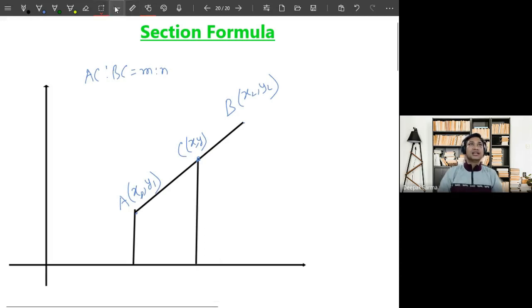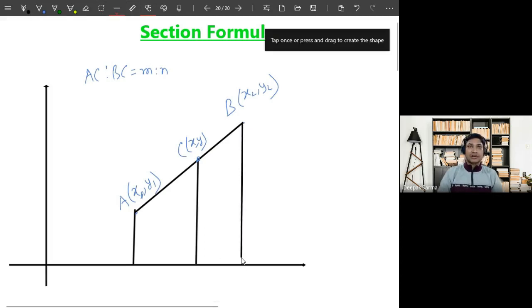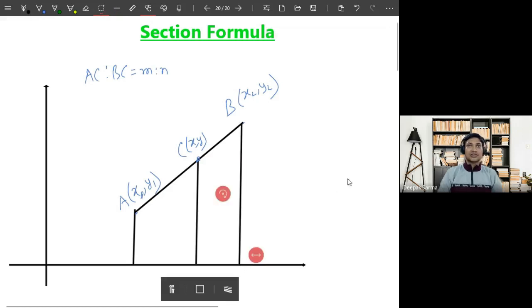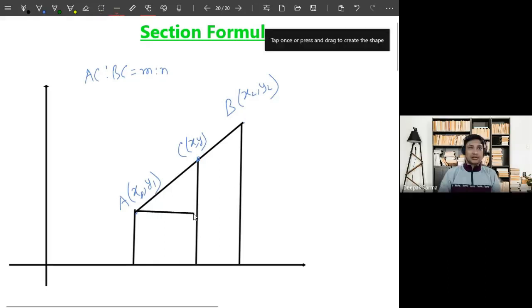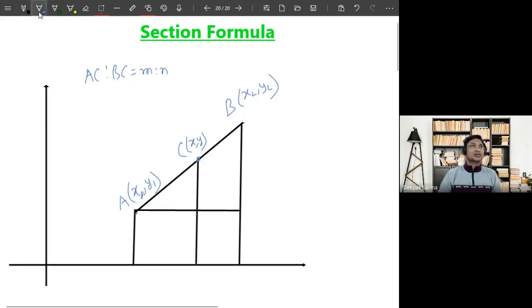Similarly, if I draw another line, all are perpendicular to the x-axis. So, in terms of these three lines, somehow you can know what is x1, what is y1, what is x, what is y, what is x2, y2. Is it clear? All of you know? Yes, sir. Let us draw another line. Now, to understand it clearly, let us name the points. A, B, C. You can consider any point. Suppose here D, E, F, maybe P, Q if you want. I have marked all the points. If you don't want, skip it. So A, B, C are given.